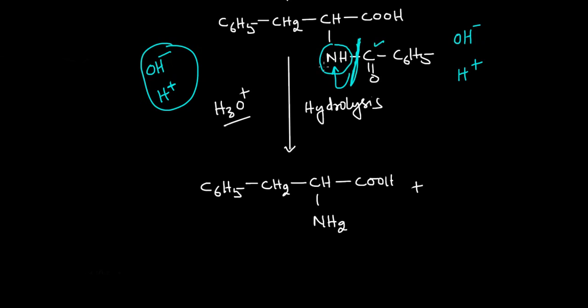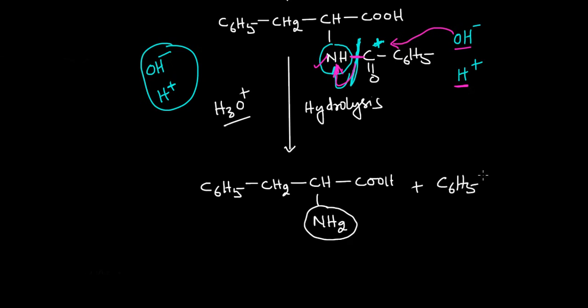So nitrogen will get the negative charge, and this carbon will get the positive charge when this bond is broken up, because the electrons of this bond between the carbon and the nitrogen are taken away by this nitrogen atom. So this has the negative charge, so this H plus ion will go to this NH group, and this OH will go to this carbon group. So finally we get this NH2 group here, that is amino group, plus this is removed, so we get this